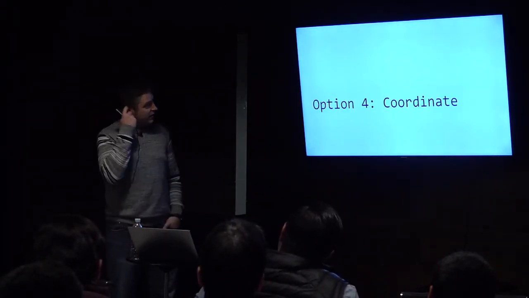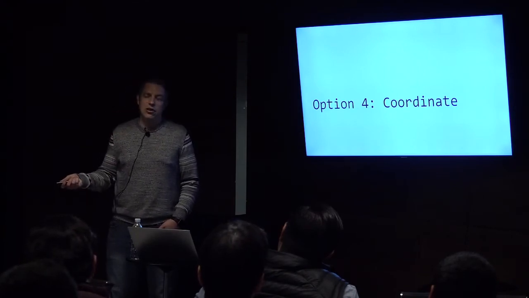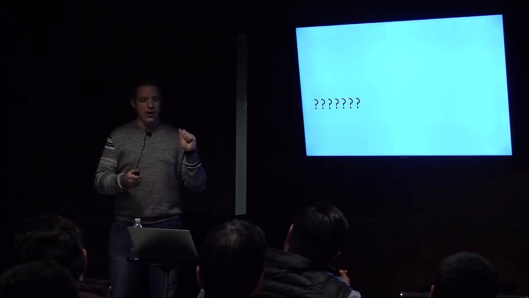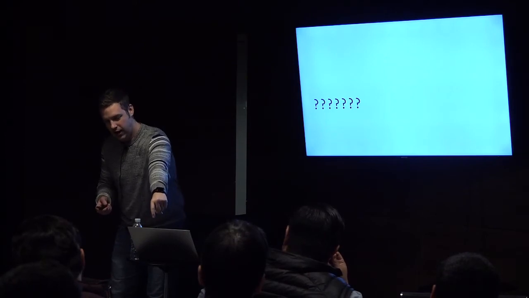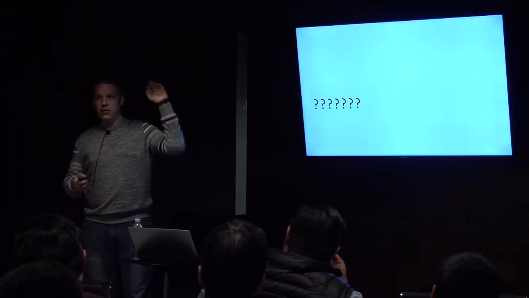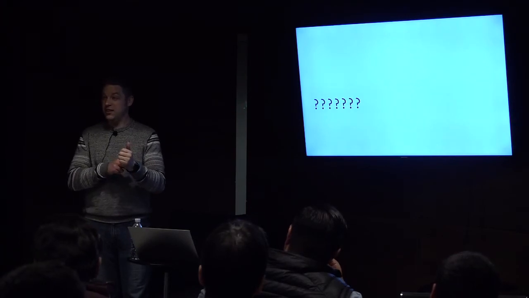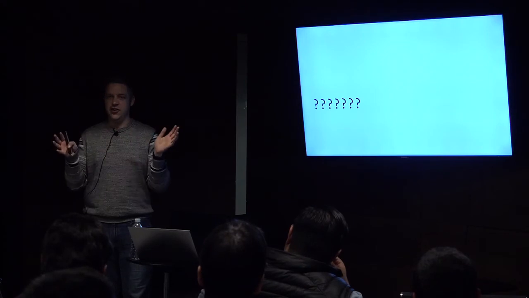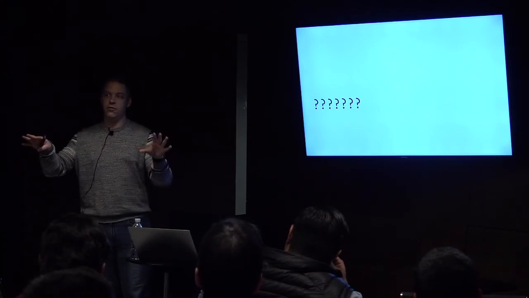Okay, so the last option is to coordinate, which I don't even know what that means. What does it mean to have a coordinated send of an email, where I send the email, but I put my finger on it and I'm like, okay, now it's good to send? The only client I've seen do that is Outlook. When you're disconnected, you can send emails in Outlook and they just sit on your hard drive. And when you get the internet back again, then they go ahead and send on through, but only if you're using the desktop